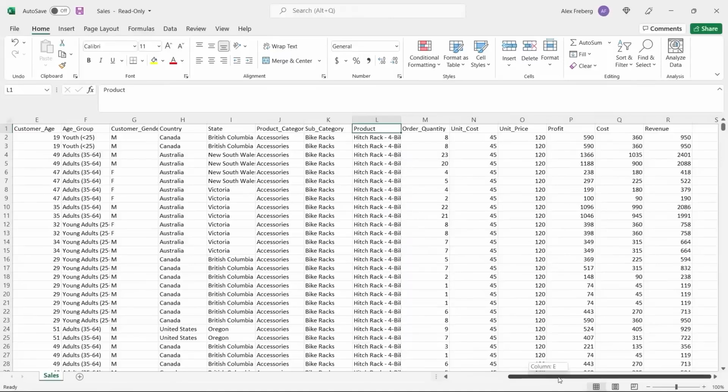And then we have things like how much these things cost, the quantity that was ordered. So we have order quantity, unit cost, unit price. Then we have the profit, cost, and revenue. All things that almost everything in here, we can in some way put into a pivot table. Now, I'm not going to go through every single variation of that, but we are going to be looking at a lot of this revenue over here, because I think it's pretty easy to show the value of a pivot table